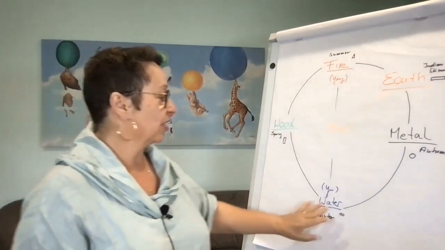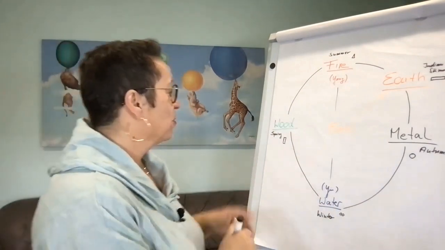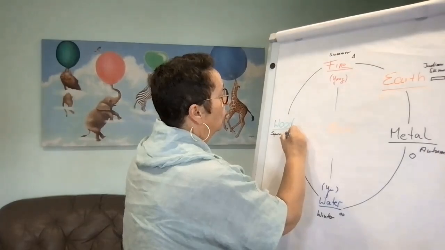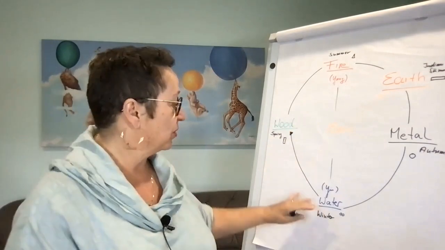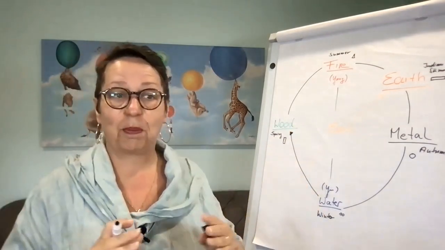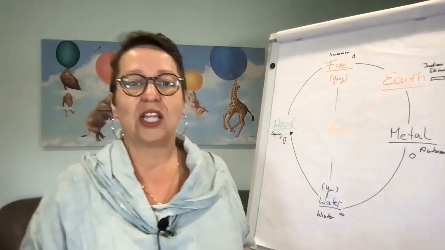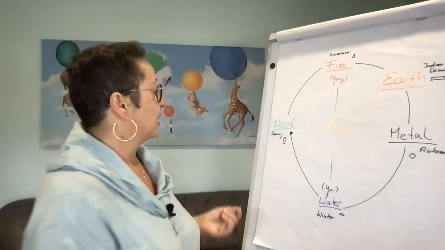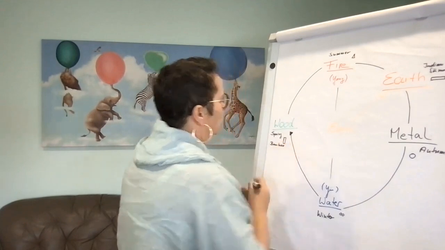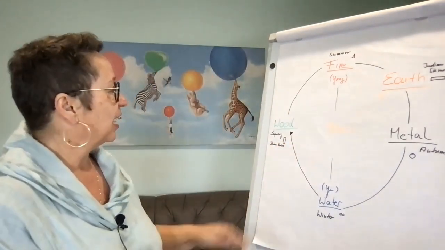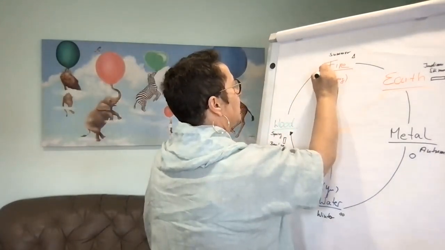Well, this is the thing. From the water, this is the cycle, this is the nourishing cycle. Water nourishes the wood, doesn't it? So that in spring, the plants come up. So you've got the seeds in the water in the winter. So in spring, the plants come up, thriving, growing, like the bamboo would be, as a material, considered wood material. And then from there, it thrives. It comes to success. So this one here is your success time.